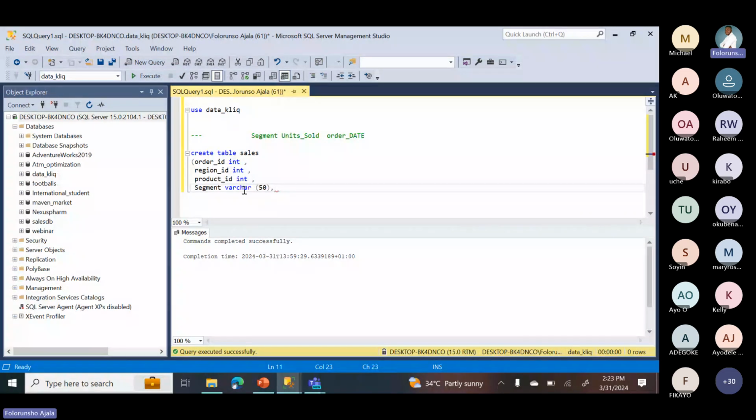So 50 here means the number of letters inside that particular column must not exceed 50. That is what the 50 here means. It must not exceed 50, right? So the next one is